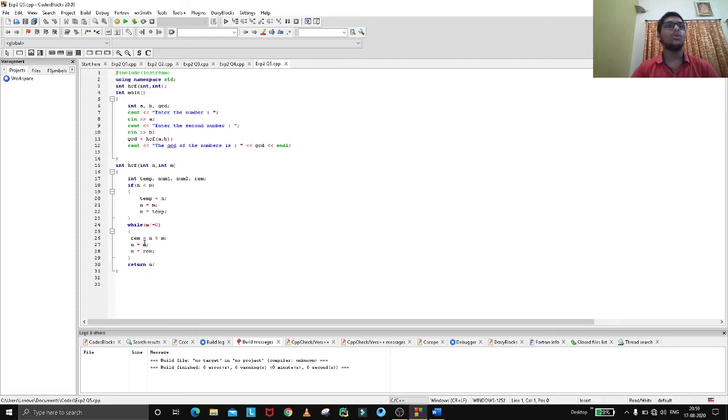Then n equal to m will be there, so that the value of n will be assigned to m, and that m is again assigned the remainder. So then return n. So here what happened is that if we give two numbers, the highest common factor will be printed.